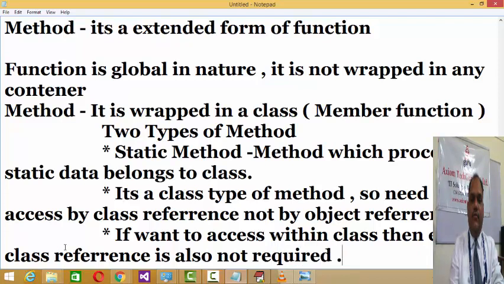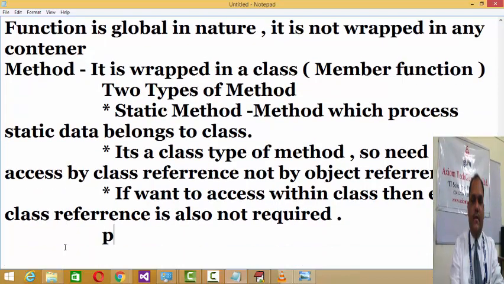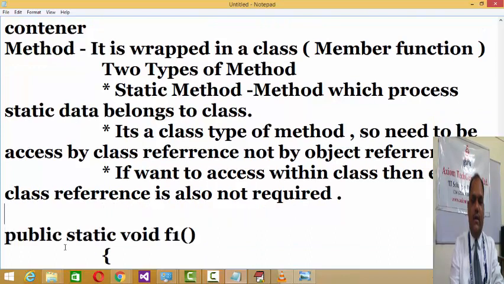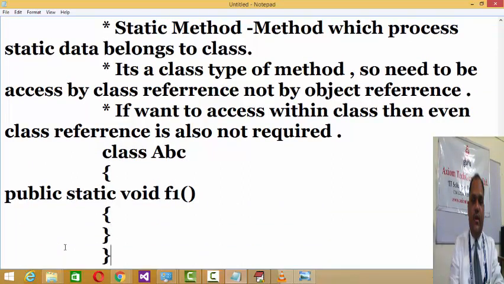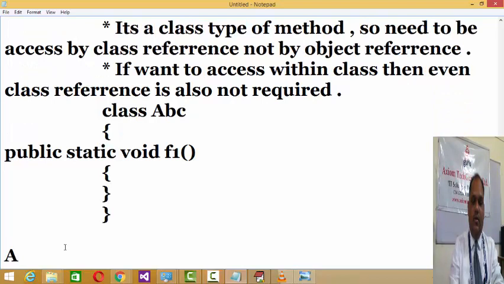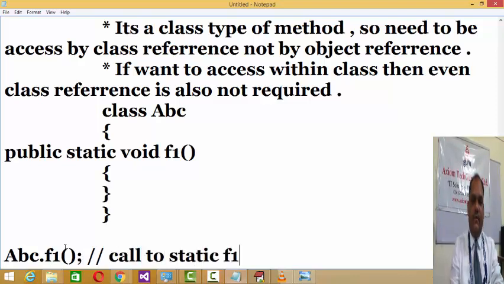It means, if your method is public static void f1, this is the method definition, and this method belongs to a class called ABC. While accessing these methods from outside, you need to call it by ABC.f1. This is a call to the static f1 method.